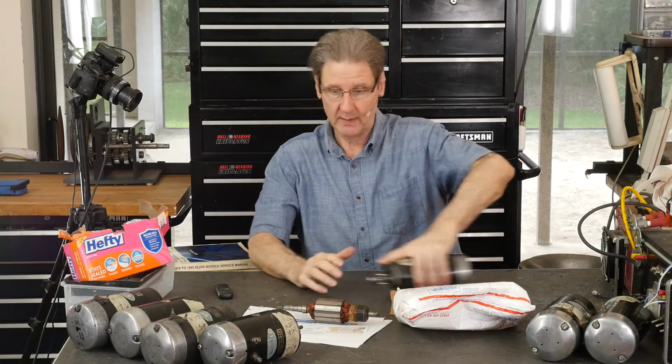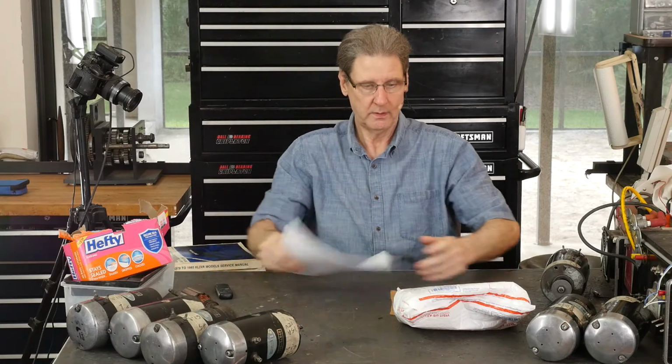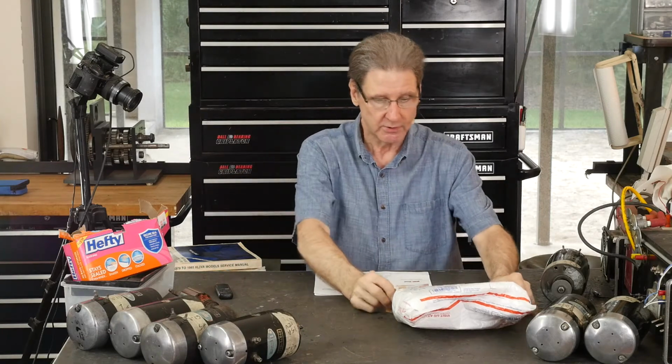Before we tear it apart, I want to show you the armatures I bought. I bought a bunch of 65As we're going to compare, 6 of those. And in the next show, we'll look at the good ones, bad ones, everything from $20 to $120. So this one,